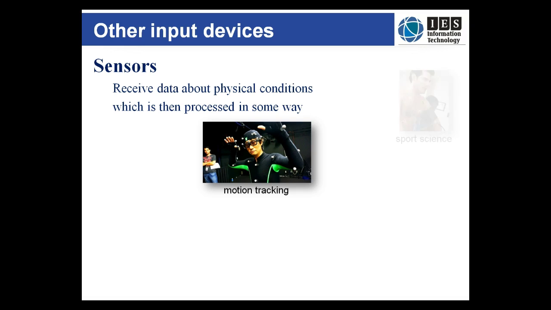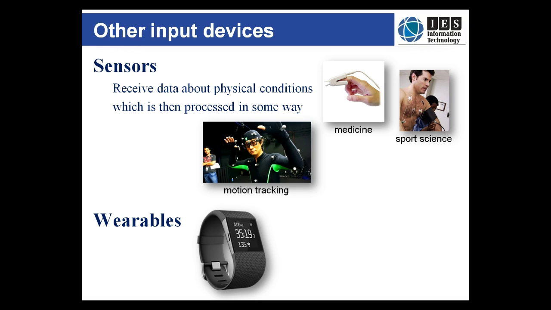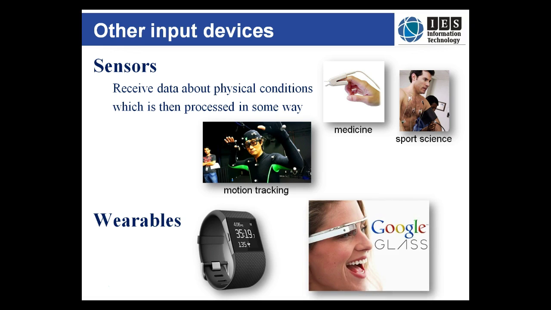Other uses of sensors are in sports science, when athletes want to track their performance, or in medicine, from something as simple as an oxygen sensor placed over a finger to an ECG. And finally, there's been a surge of wearable devices, such as the Garmin Fitbit, which monitors heart rates and other fitness data, to the wearable Google Glass, which displayed information in a smartphone-like hands-free format. Wearers communicate with the internet via natural language voice commands, making it an input and output device much like a touchscreen.